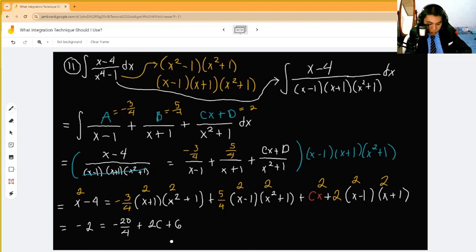Then negative 20 over 4 is negative 5, and then negative 5 plus 6 would be 1, so we have a 1 here now. And we can subtract 1 from both sides, so that 2c would be equal to